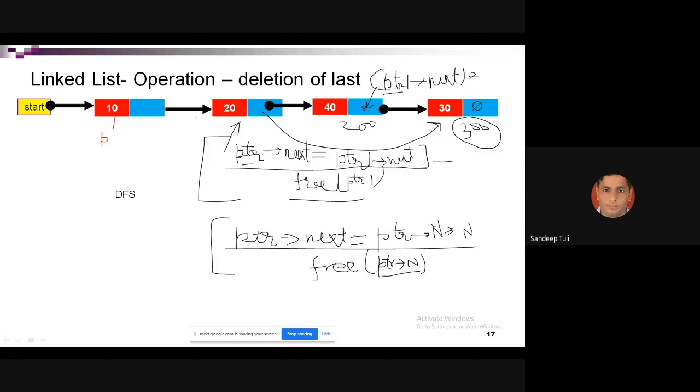Now this node can be referred to through P arrow next. Yes or no? Is it clear to all? P is a pointer variable which holds the address of any node.